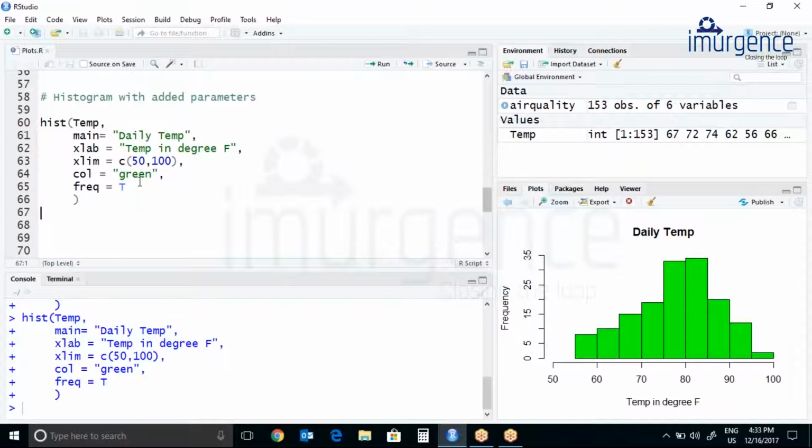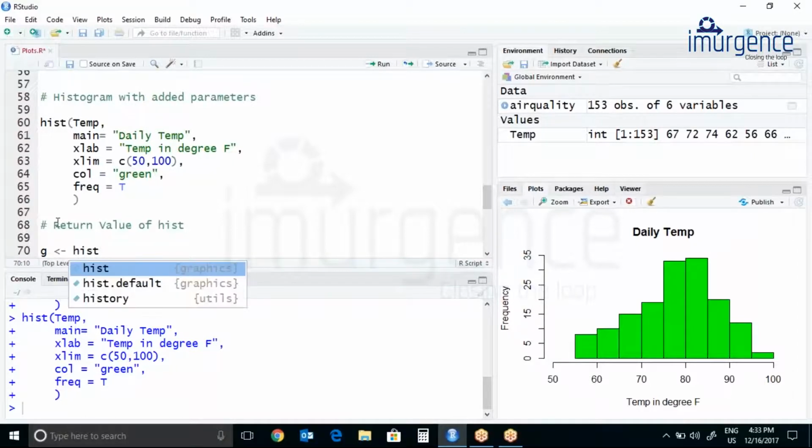Okay, so we'll just see more details about our histogram. Let's create a variable g, where I will do hist and pass temperature, so temp.